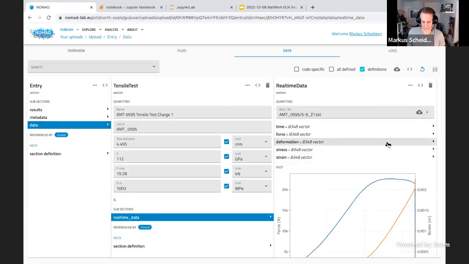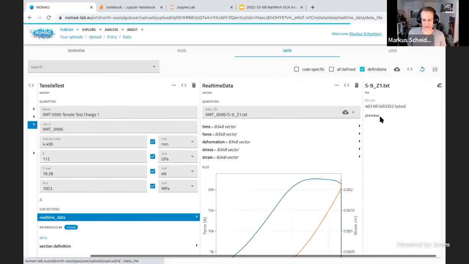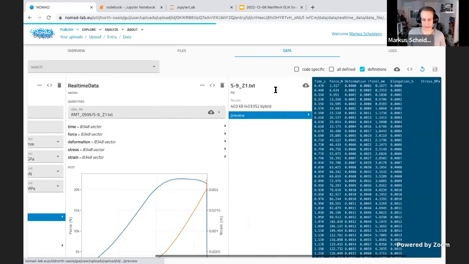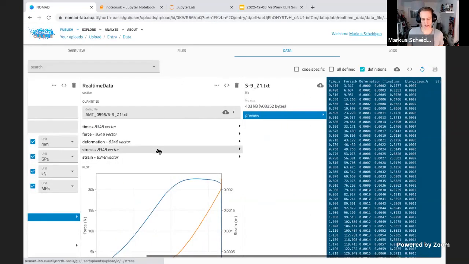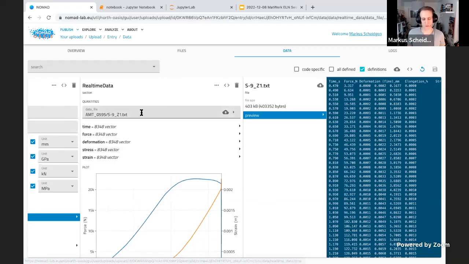So if I click here, we see that the tensor test has this attached real-time data section, which is connected to a text file. If we look at the text file, this was also in the example data set, right? Then we see, okay, this is simple CSV data here. What we can do with Nomad is we can tell the schema to interpret the file as a CSV file, right? To interpret this file reference here as a CSV, and then tell it to map certain columns into